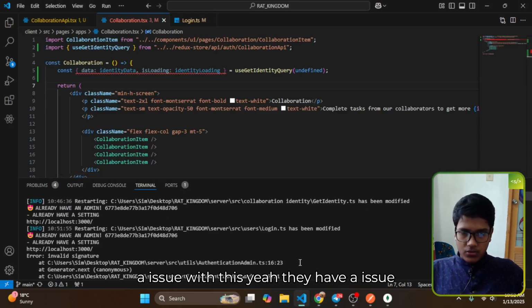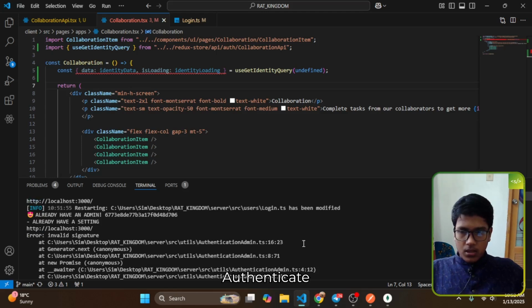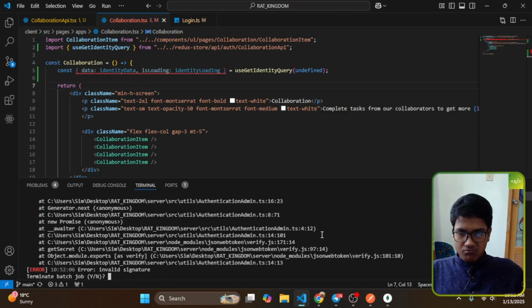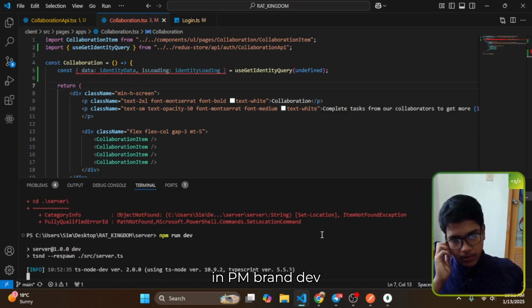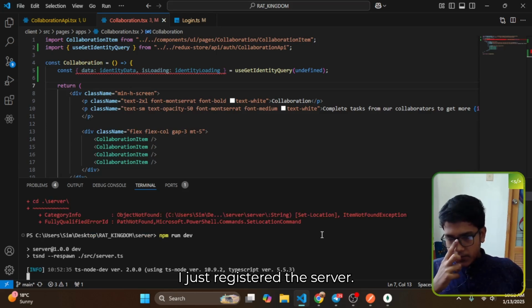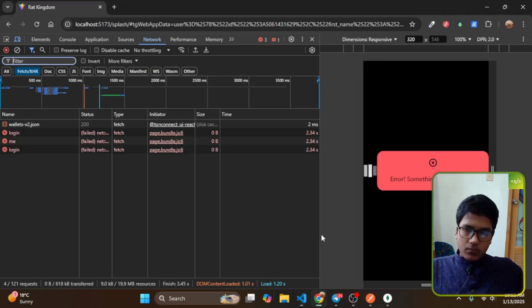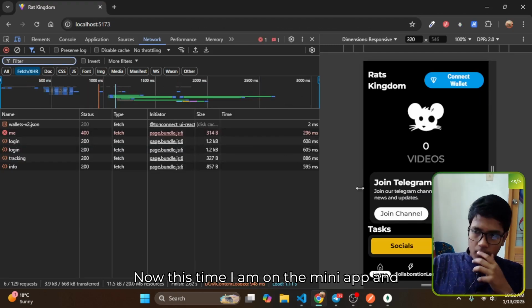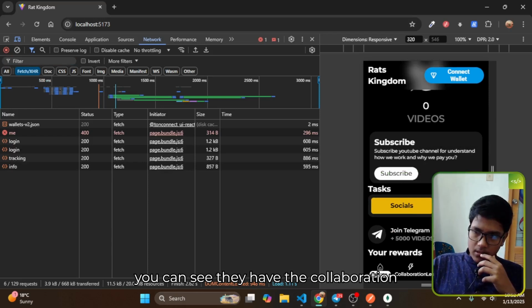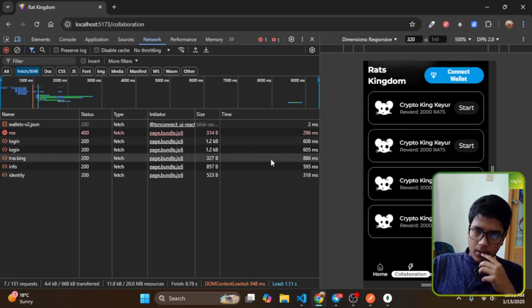I guess they have an issue with this. Yeah, they have an issue. Authenticate. However, I just cut this, npm run dev. I just restarted the server. Okay, now this time I am on the mini app, and you can see there is the collaboration, and here